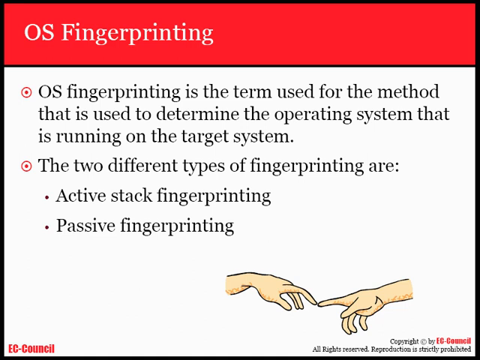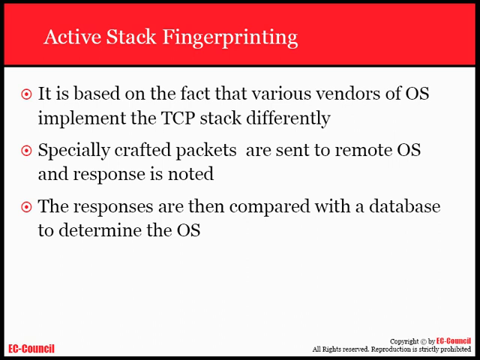Now I have active stack fingerprinting, and there's also passive fingerprinting. With active stack fingerprinting, it's based on the fact that different vendors have different TCP stacks implemented. So by looking at their TCP stack, I can hopefully determine what kind of OS it is. And what I do is send specially crafted packets to this remote operating system, and then compare the results I get back with some results I have stored in my tools to find out what your